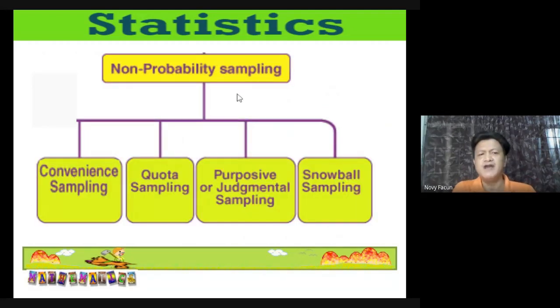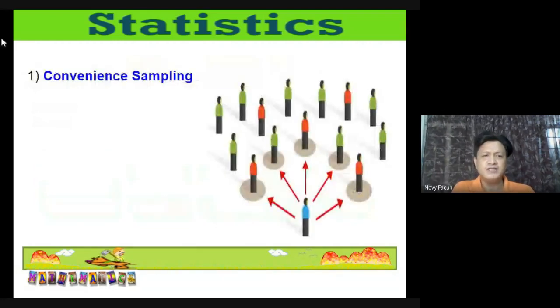And we also have the non-probability sampling naman. So, eto naman, meron din tayong 4 na uri. We have the convenience, quota sampling, purposive or judgmental, and snowball sampling. Eto yung sampling kung saan hindi sila lahat ay may chance para mapili. So, meaning to say, the first one is convenience sampling. Kapag convenience,